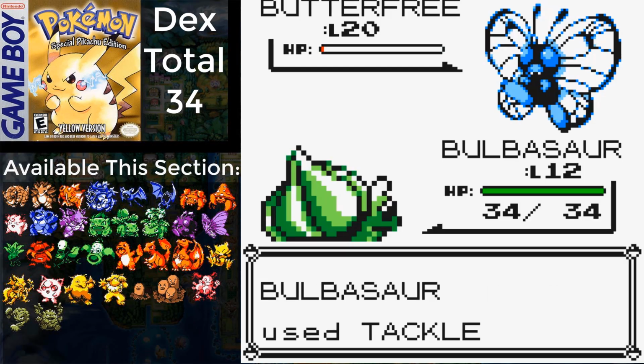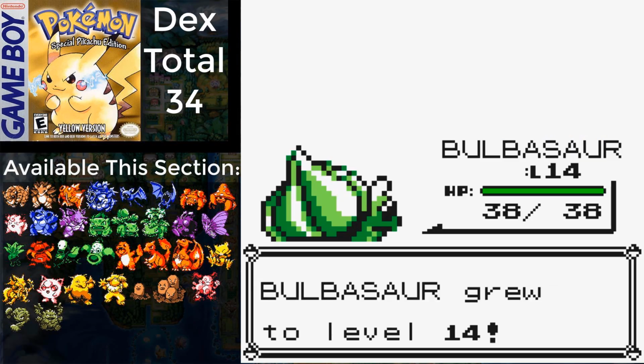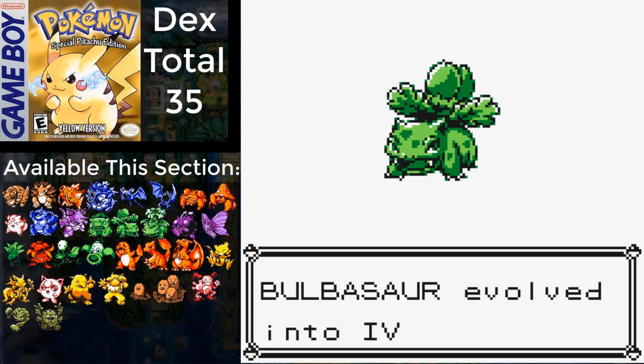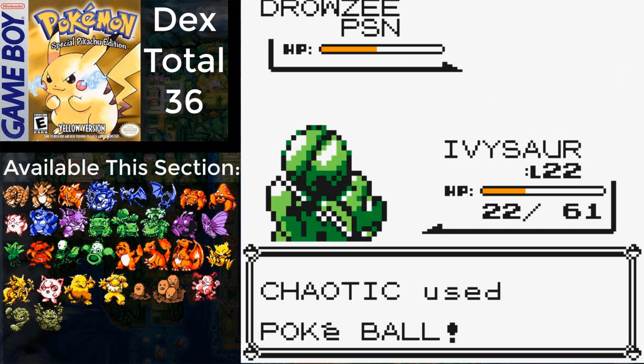On the same route, I managed to get a few KOs with Bulbasaur alone, netting me a ton of EXP and netting me at level 16 on the last trainer, giving me an evolution into Ivysaur. Same general things we've got going on here: Vermilion City, Route 11, which led me to catch a Drowzee, and